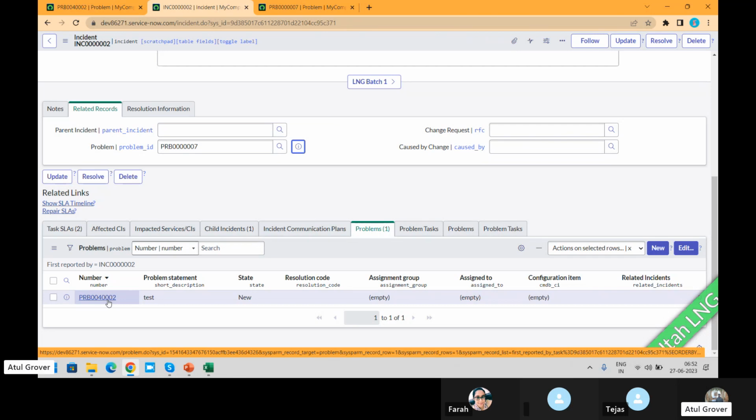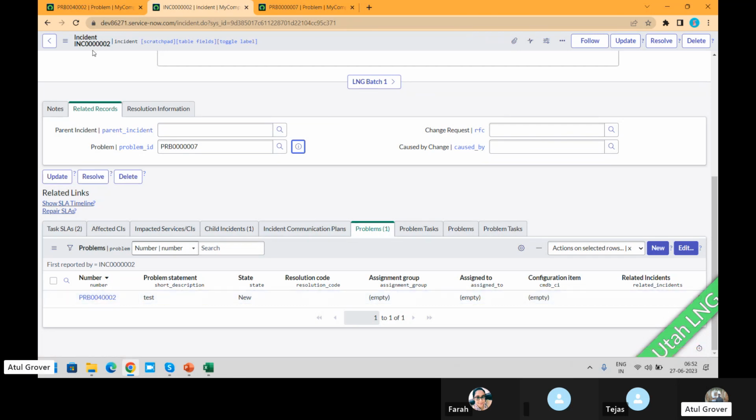Maybe I can say that I'm raising this problem record on this incident, but there are some other problem records available on this particular part. So logically, this should be one only. Either this, or related problems if they exist, and it can be more than one. But can we add more than one as well? Maybe yes.